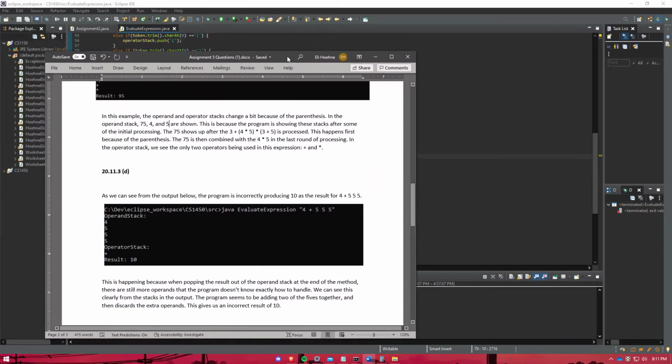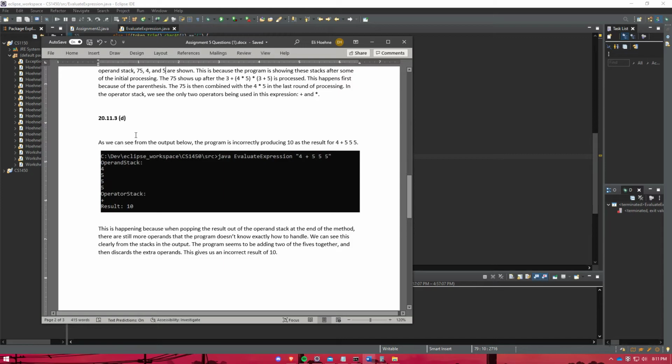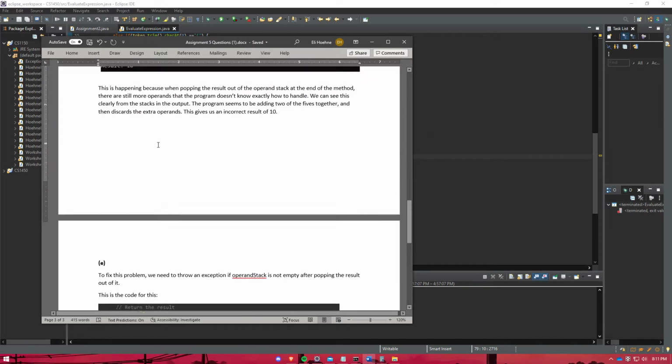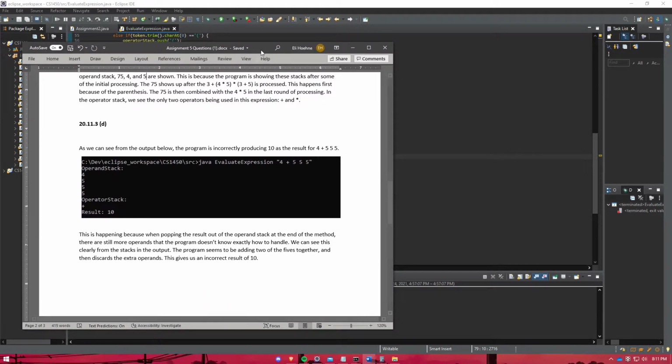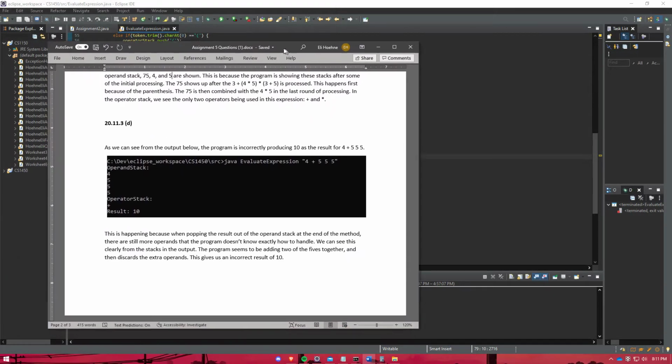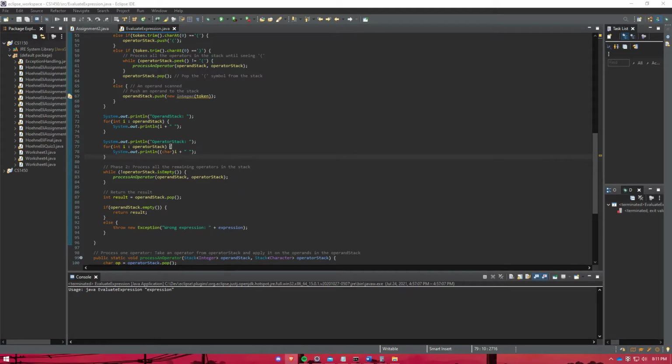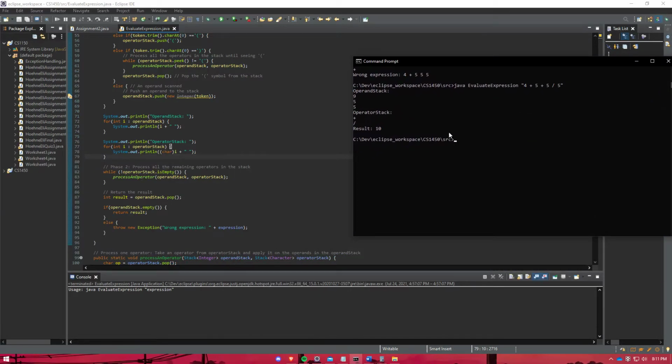So I did that in this next part, and I showed that my output does in fact do that. And I'll show that in command prompt right here. So this is what I just did. I'll do it again. So you just go Java evaluate